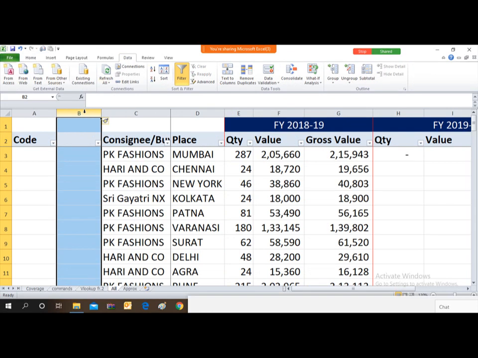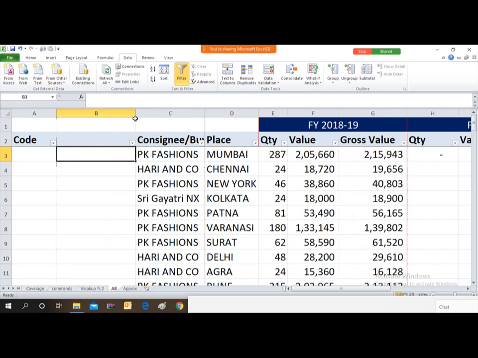So I'll insert a column at the left of the party name. How can you combine it, friend? There are two formulas for combining. First is CONCATENATE, and the next is a very simple formula, which I always use. That is equal to, combining two words or two cells in a single cell.